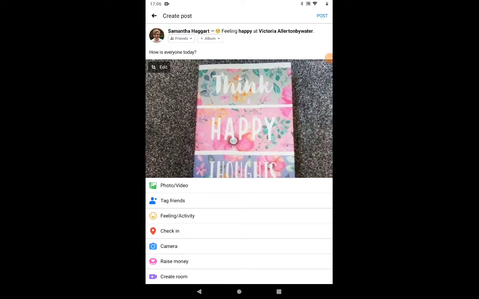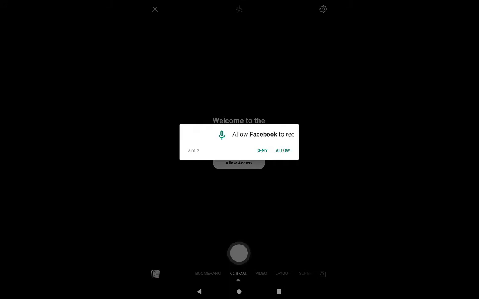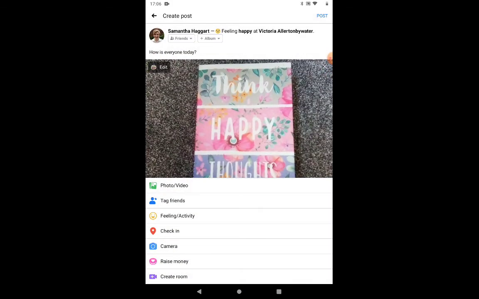So let's see what else we've got. We've got the camera icon. If I tap on that, I could take a photo straight away. If I was out and about, I could tap on that, take a photo straight away. You don't want one of my 4, but it would allow you to take a photo and post it straight to Facebook. I'm going to come out of that, as before, by clicking the cross at the top, and I can come back to where I was. And I think that's everything on there.